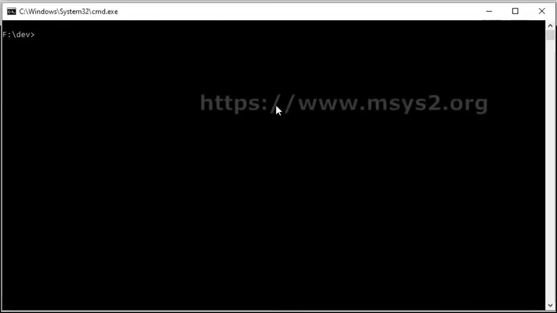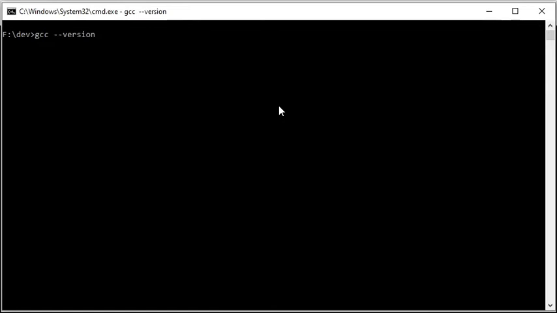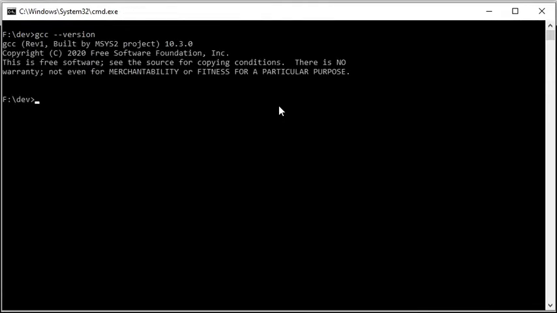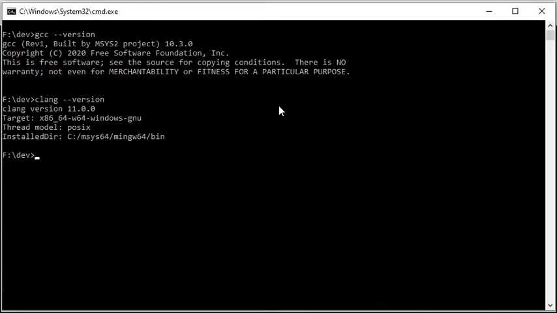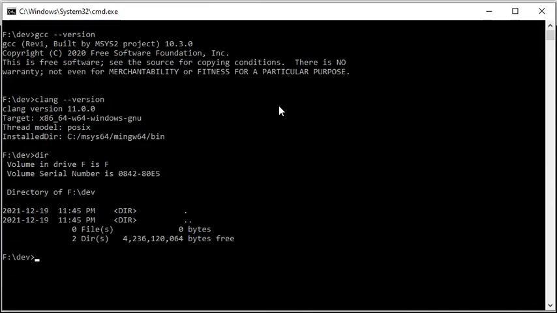In this video I am using Windows 10 and I have installed MSys2 with the compilers GCC and CLang. The GCC version is 10.3. The CLang version is 11. The Windows command dir shows that I am starting with an empty directory. Now I create a new directory named C with the Windows command md and then navigate into it with cd. Then I start Visual Studio Code in that new empty directory by typing code and a dot, which is the path to the current directory.